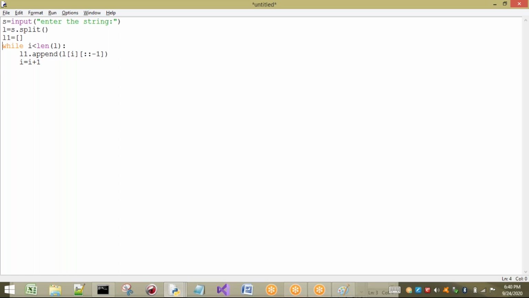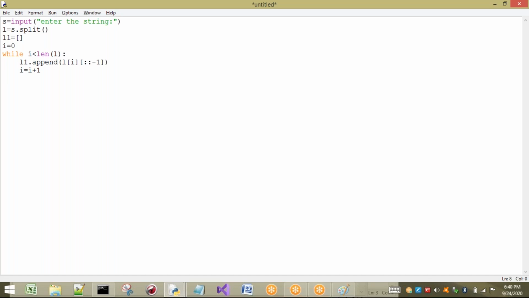So here, I have taken i. So i less than len of L. First, the i value also has to be taken here, i equal to 0. Okay. Now what do I have to do? All strings are present inside a list. I want to combine them, I want to join them. So for joining, what do I have to write?